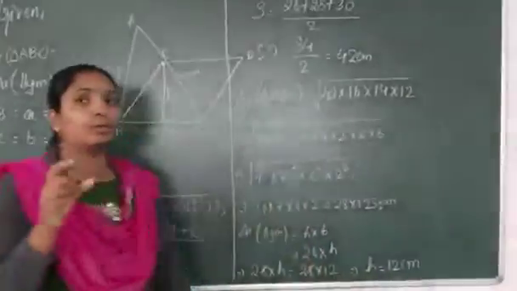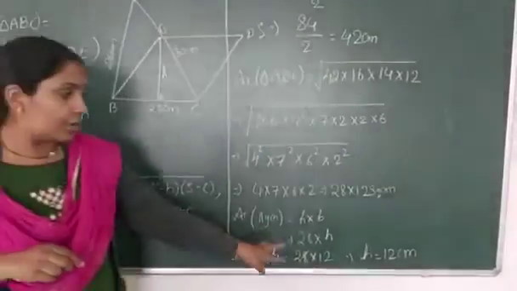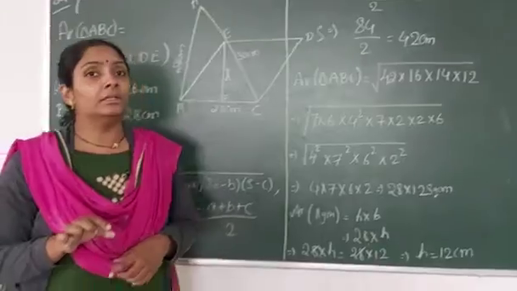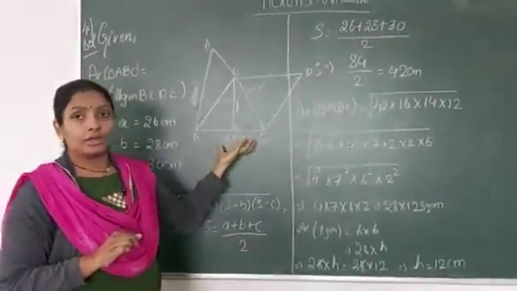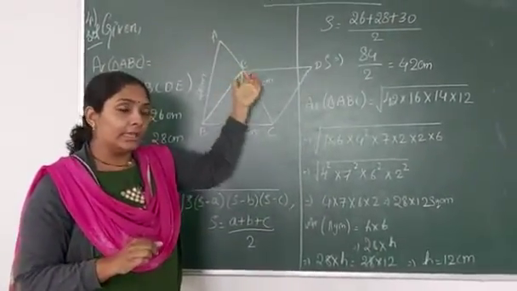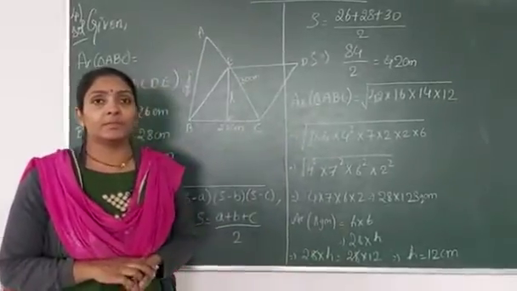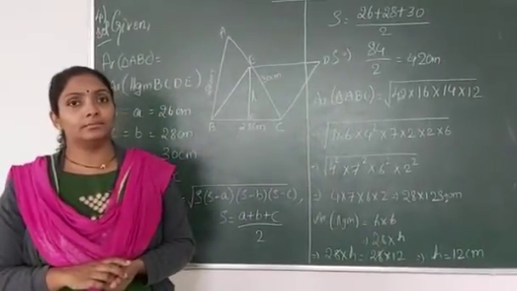Therefore, you have to close the problem solution with the conclusion: therefore, the height of the parallelogram, which is standing on the same base as the triangle, is equal to 12 centimeters, right?